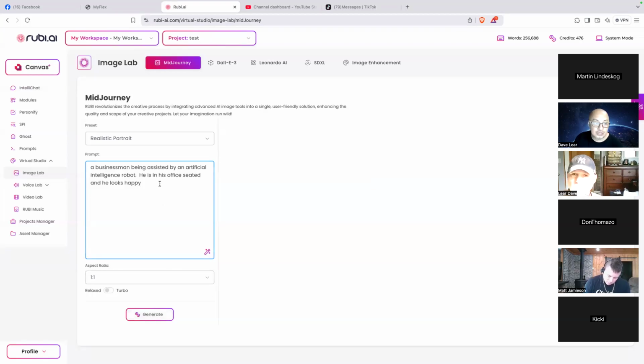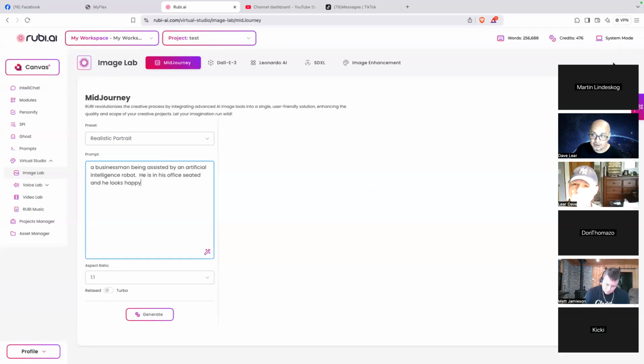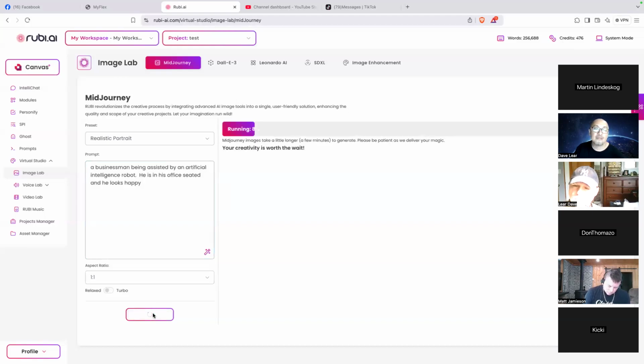Of course, when we use the image labs, it will definitely use credits. This is not free. Even if you subscribe to Midjourney, DALL-E, and Leonardo AI, you have to pay for it monthly. Your credits will be deducted. So let's just try it. It will also take time. All right, it's generating.